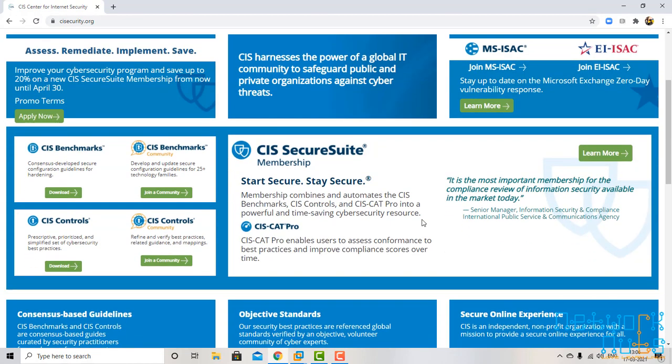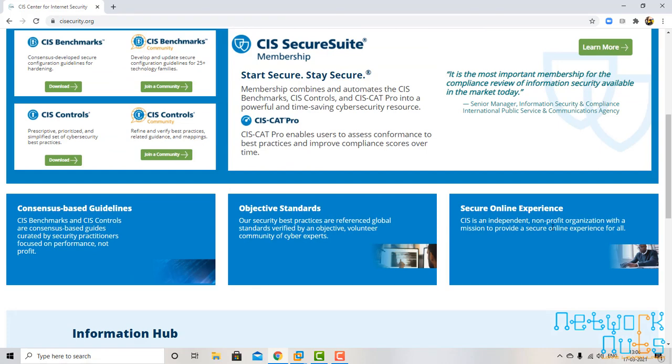CIS is an independent non-profit organization with a mission to give you a more secure experience online, and the standards or the practices or the guidelines that they recommend are verified by hundreds and thousands of volunteers, the cyber experts. So these experts give us some to-dos and not to-dos.